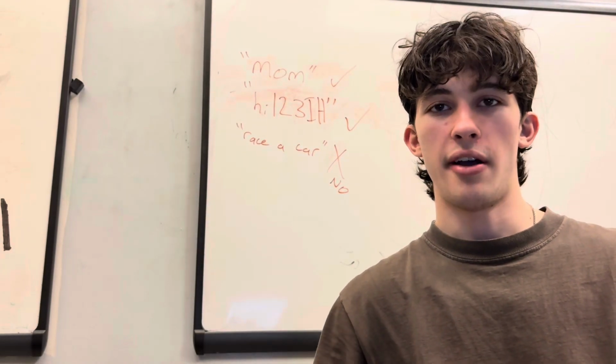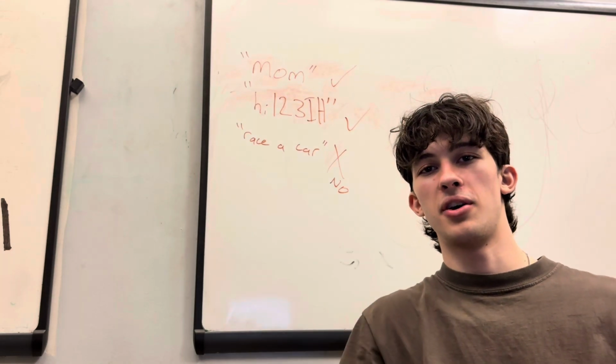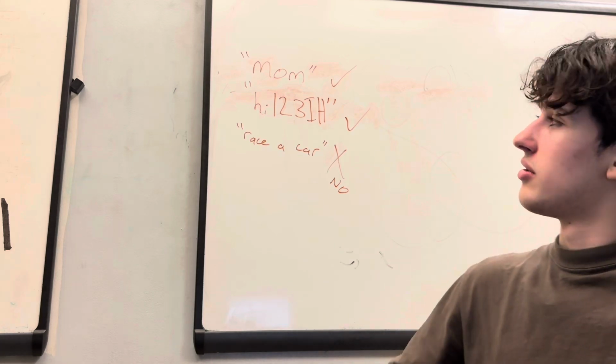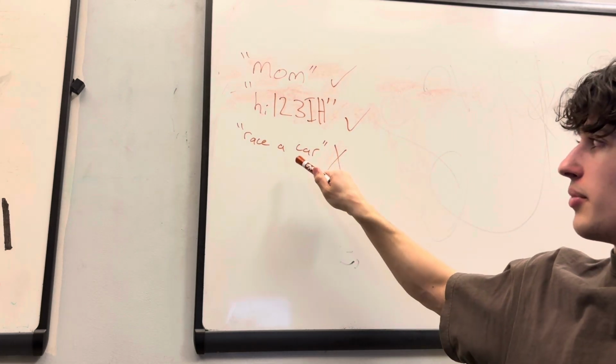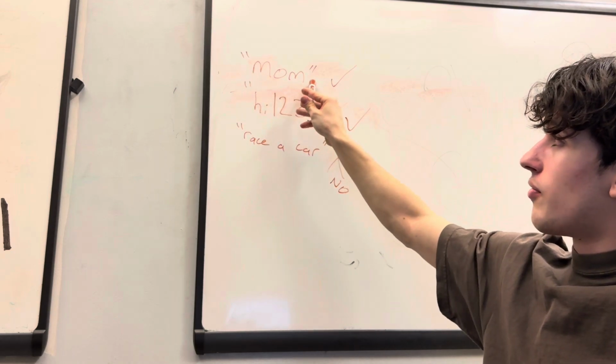Given a string, how can we tell if that string is a palindrome? So the first step to understanding this question is asking ourselves, what even is a palindrome? I've drawn out a few examples, but basically a palindrome is any string where the characters forwards are the